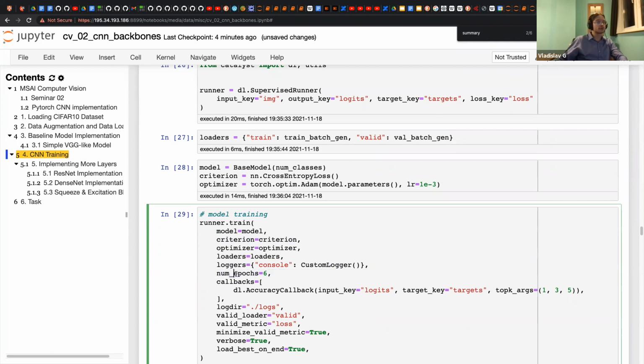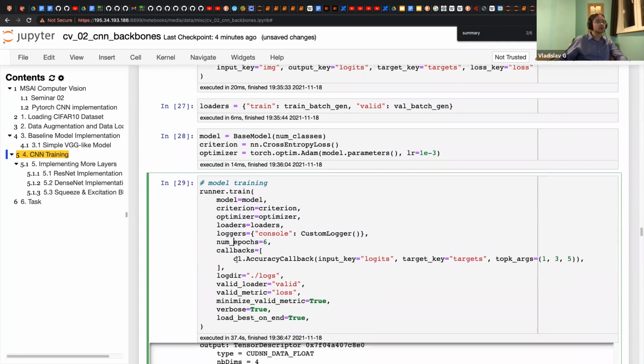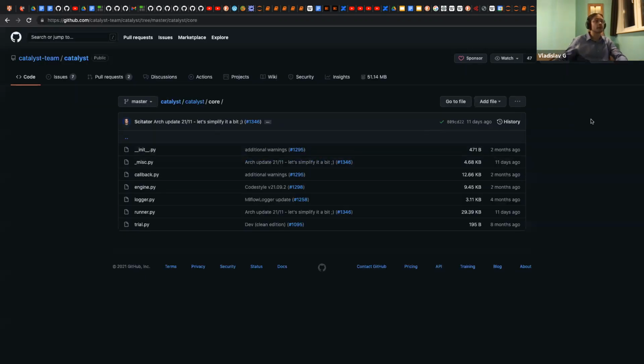We train it for 6 epochs, and also we define callbacks as an accuracy callback. By the way, Catalyst has many metrics already implemented for us. Just check out documentation of the Catalyst.